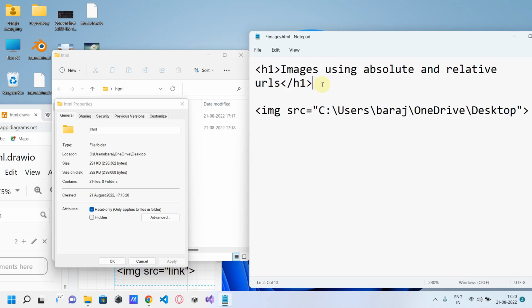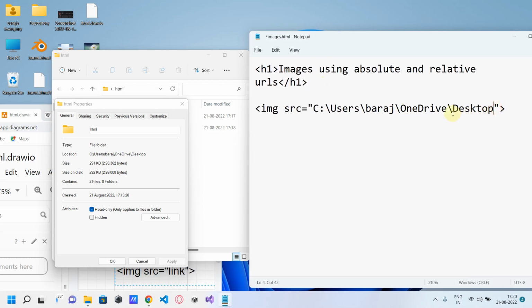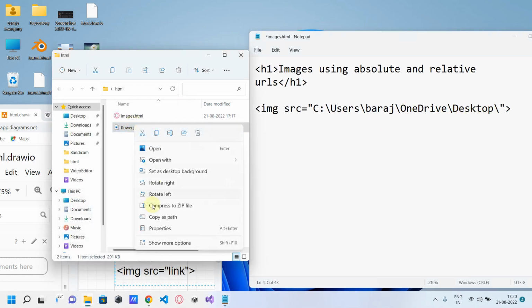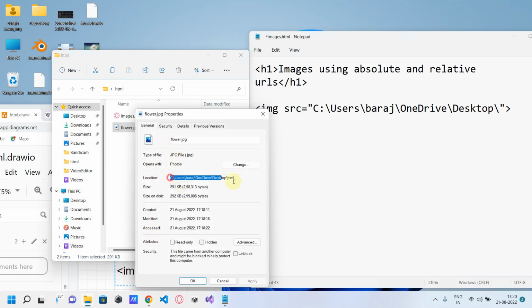Let me zoom out. Then after pasting this, just put a slash like this, backward slash. After this, just put the name of the image. Wait, this one, flower.jpg properties. So I copied this one. Wait, I did not copy it correctly actually. Yeah, after copying, put this slash right here, backslash, then the name of this image right here,